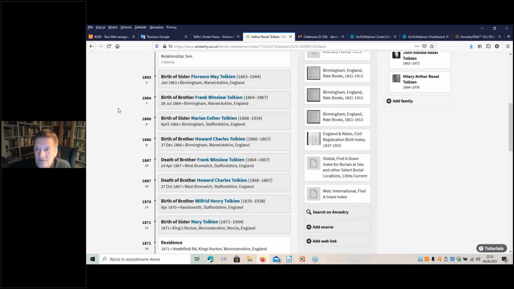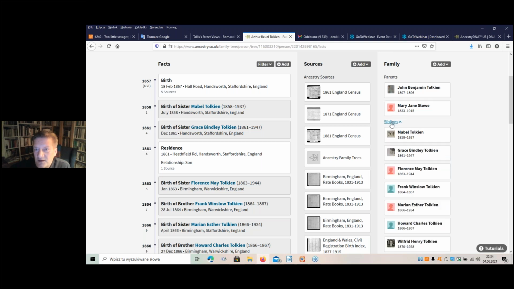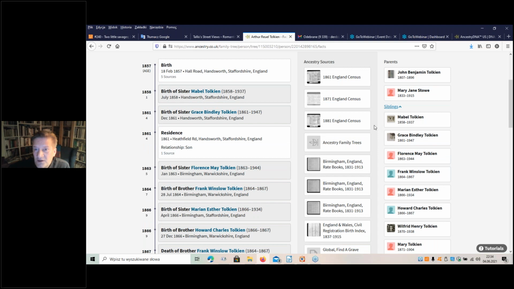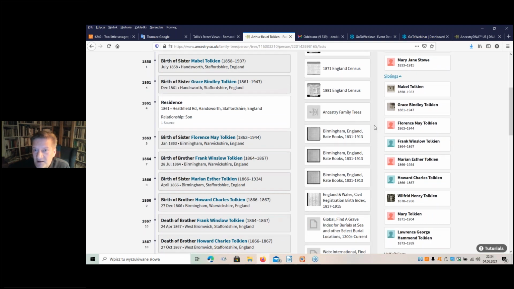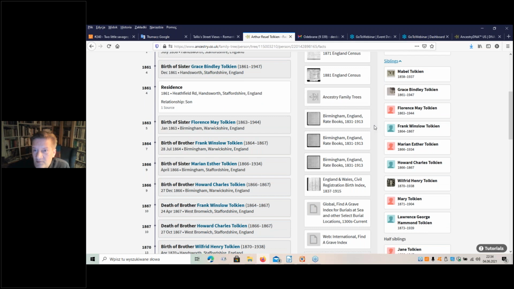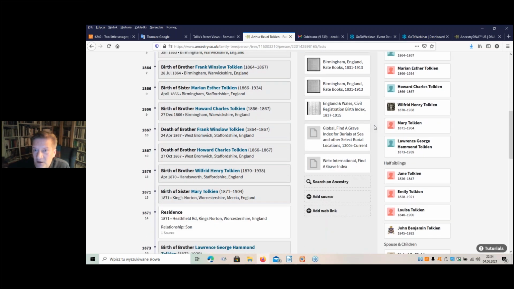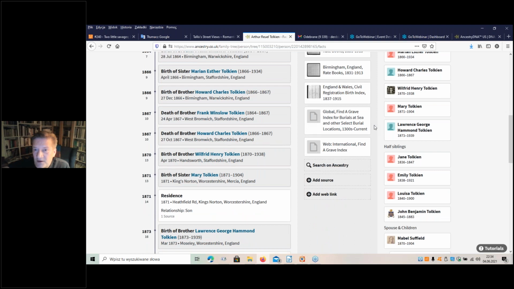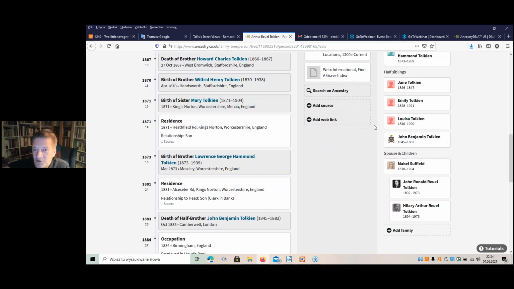And here you can see his siblings. There were a lot of them. There were Mabel Tolkien, Grace Bindley Tolkien, Florence May Tolkien, Frank Winslow, Marian Howard, Wilfrid, Mary Lawrence. There were also half-siblings, Jane, Emily, Louisa, and John Benjamin Tolkien, the